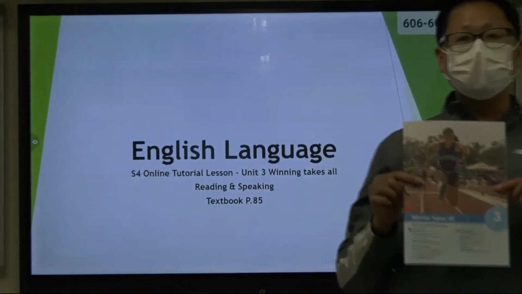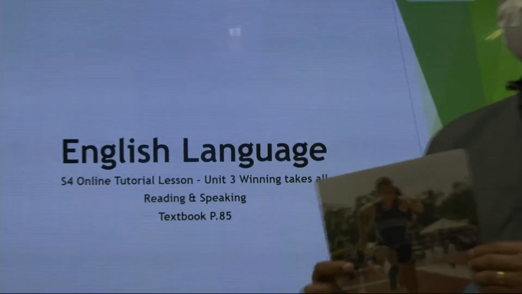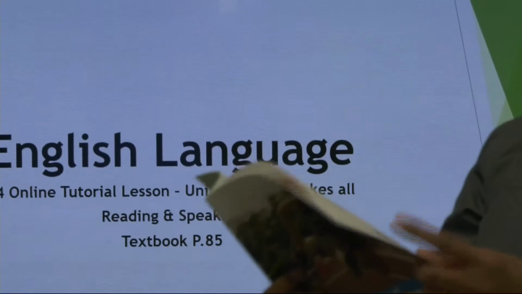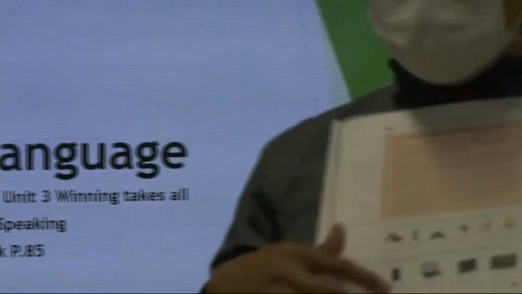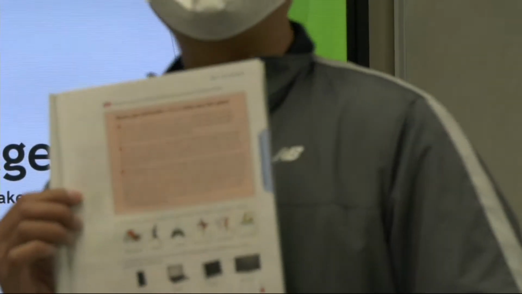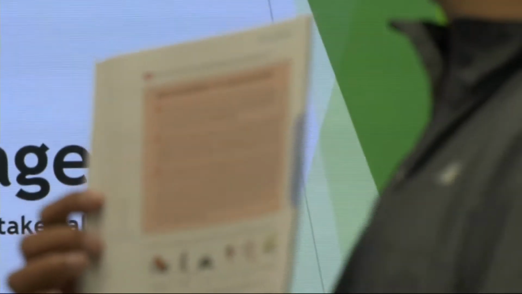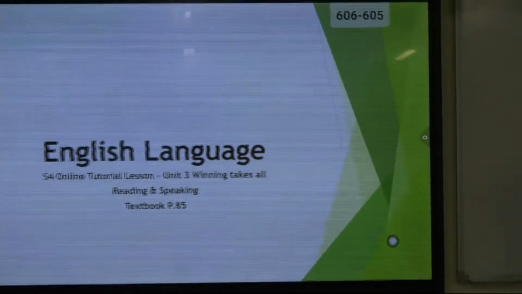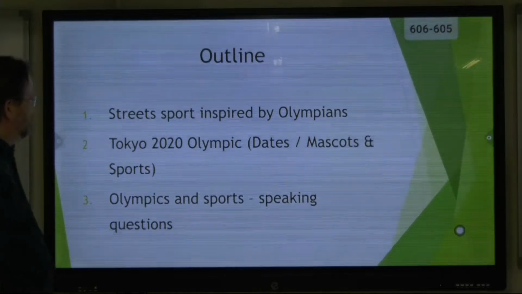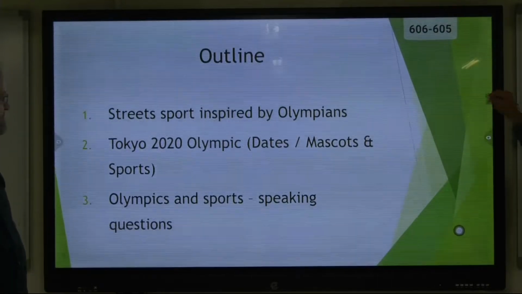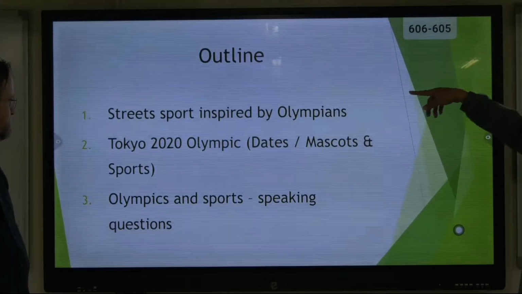Okay, this is the Unit 3, the new unit. And the topic come from the page 85. Okay, there are some exercise and you have to submit it to me and put it on the Google Classroom by next Monday or Tuesday. Okay? Now, let's start our lesson. Okay, let's begin. Okay. We'll have to operate this. And here are the outlines for this 25 minutes lessons, and we divided into 3 parts.